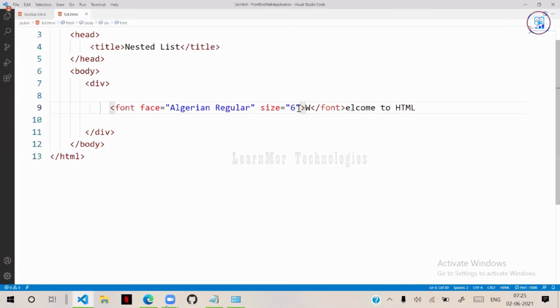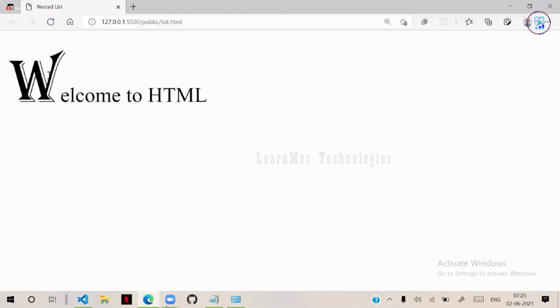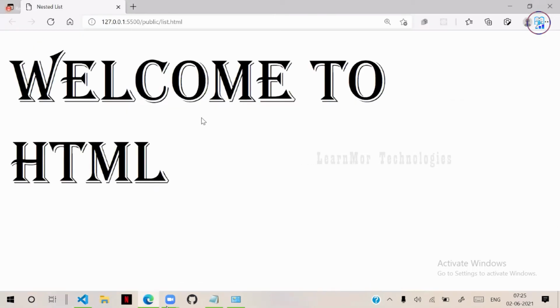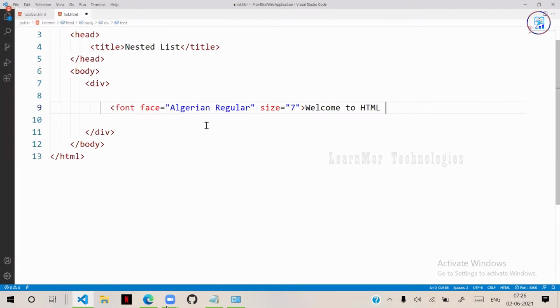So for 7, if you want to change for the entire sentence, then you have to enclose this font and keep that outside. That means you can see it will apply for the entire sentence. If you want only for that, then you can keep it here only for the W, and it will